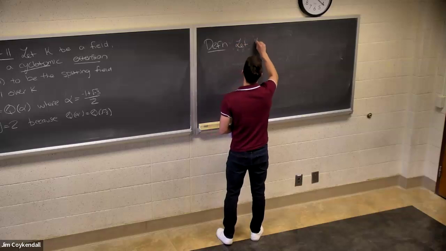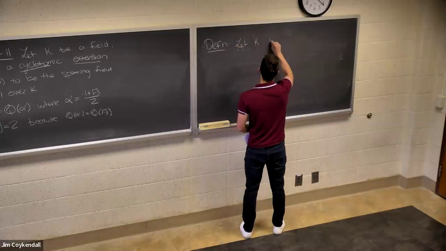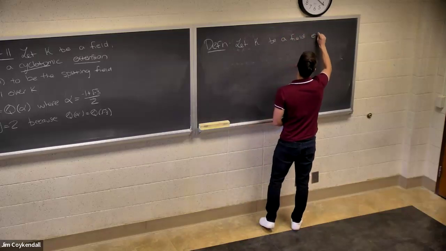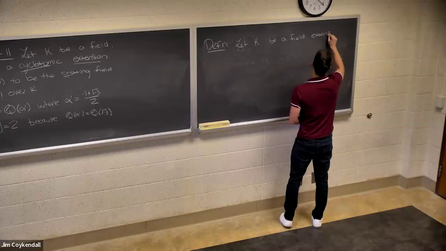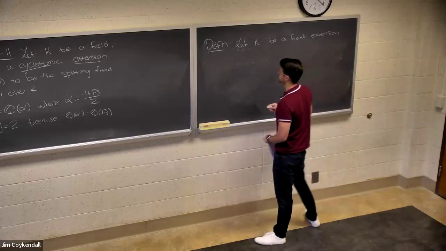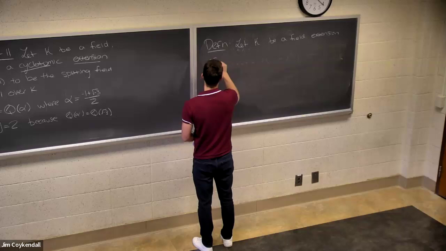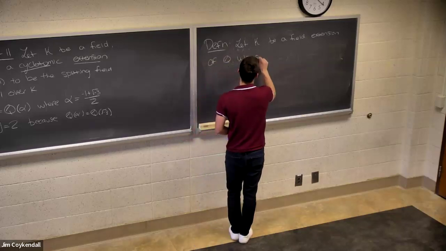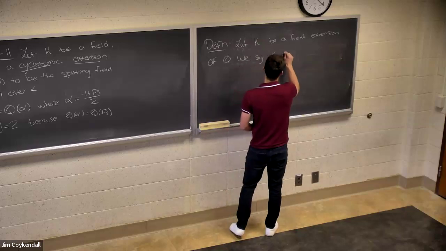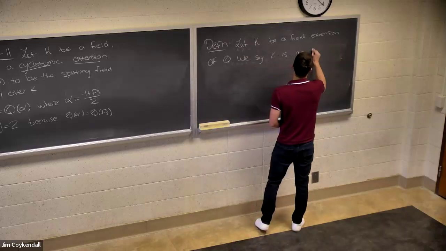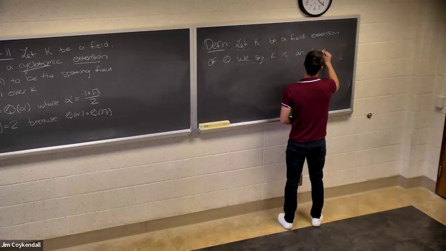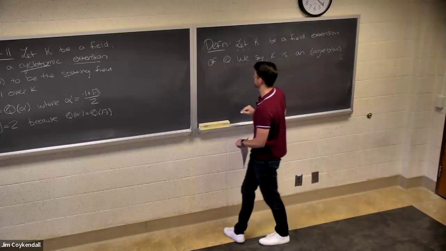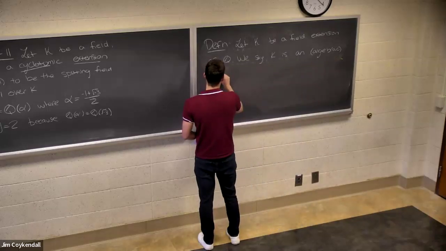Let K be a field extension of Q. We say K is an algebraic, but often we drop the algebraic, number field,